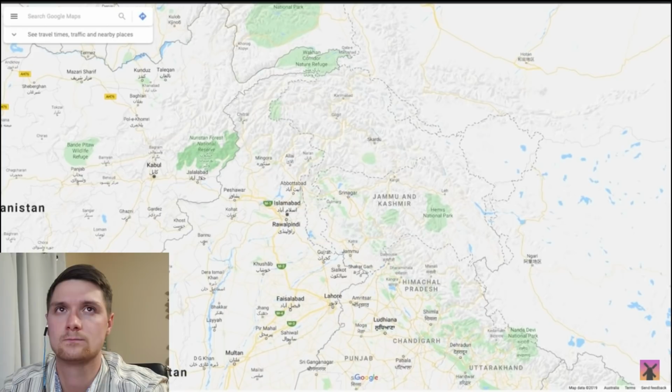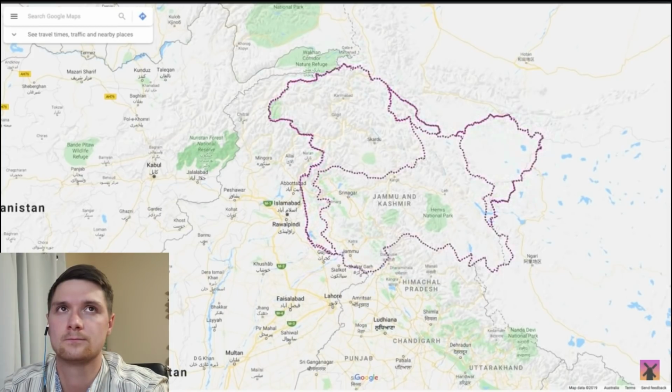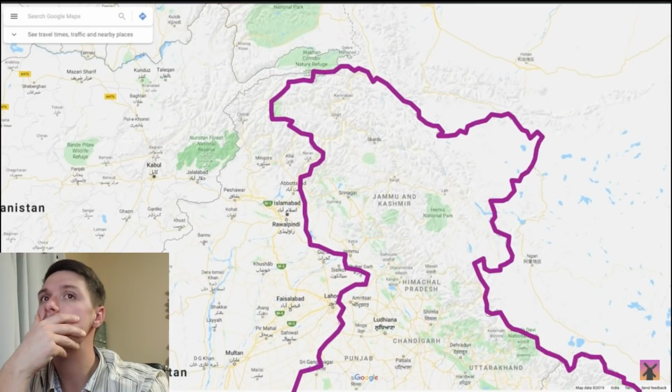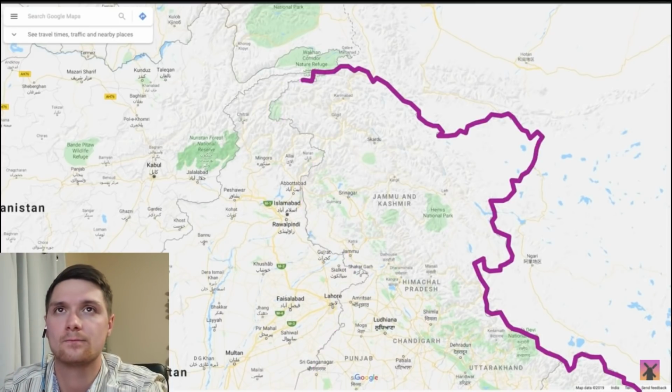When viewed from anywhere outside of India or China, these are the borders that you'll see, which are essentially just a mess of dotted lines representing claims without a clearly defined border in sight. When viewed from an Indian server, however, that's all very different. The entirety of Jammu and Kashmir is drawn to be a part of India without any regard for either the Pakistani or the Chinese claims.